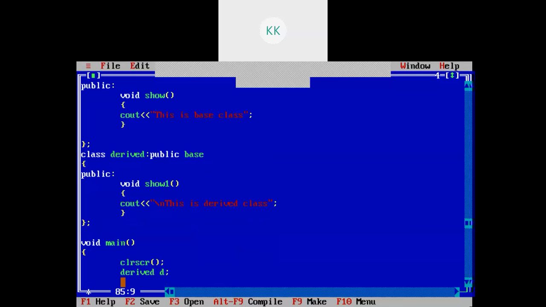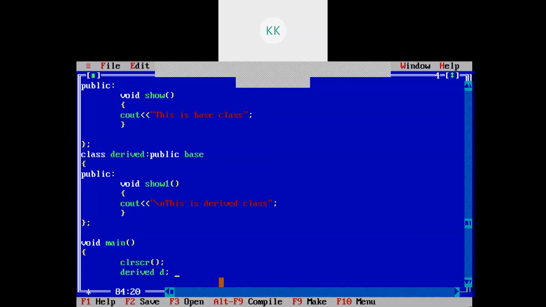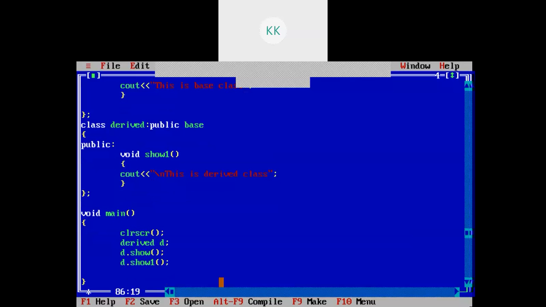This object D is the object for the derived class, right? But since we have inherited the base class also, its function is also included in the derived class. So we can use this object D to call functions in the base class as well. So I will write here D.show and D.show1, then getch.